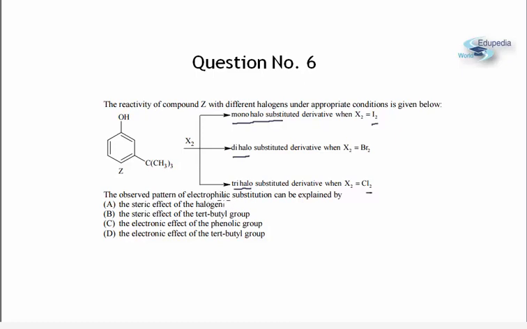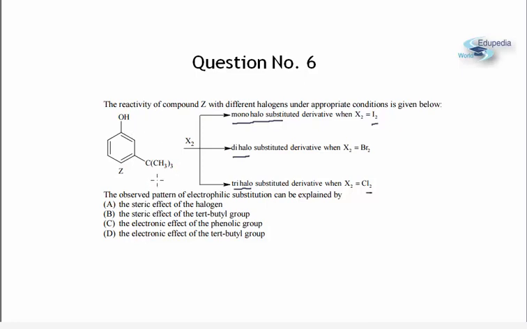Now the question is not about identifying the product or the particular mechanism. You already know the products. You simply have to explain the reason for this particular occurrence. Why is the product being formed in such a manner? You need to give a proper explanation for the products which are formed. Fine. So let us look at the two groups on the benzene ring.